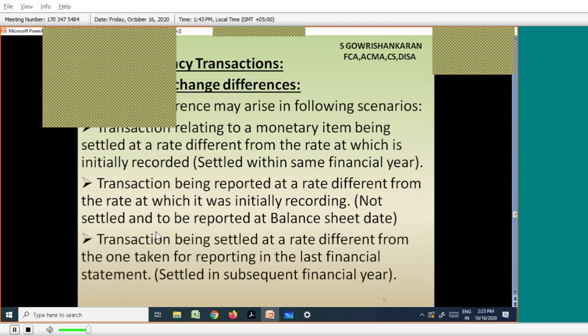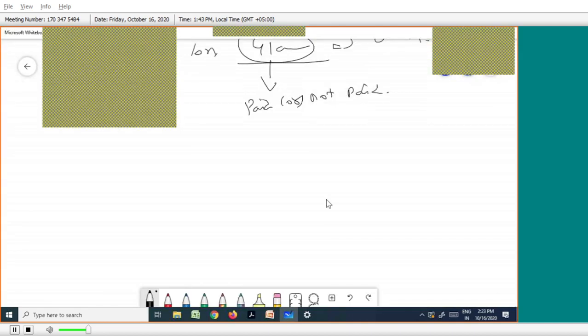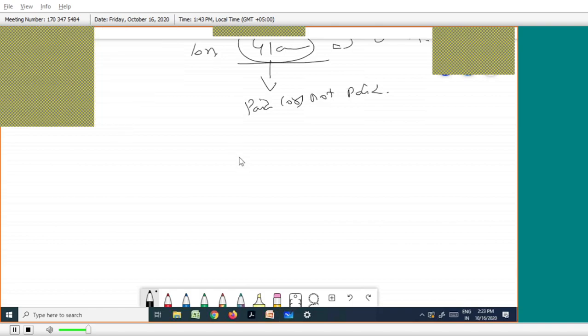Transaction being settled at a rate different from the one taken for reporting the last financial statement, settled in the subsequent financial year. So in this case, the same scenario. Just take this example. What happened in this case? In the same financial year,